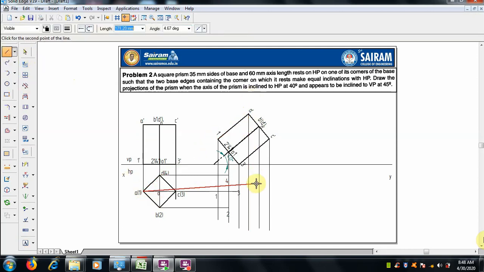Now the top face, A to A', B to B', C' and D'. If it is not correct, you can zoom in, or select the end point correctly at the intersection.